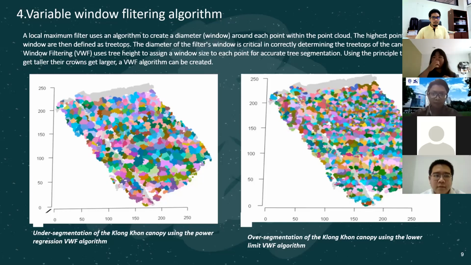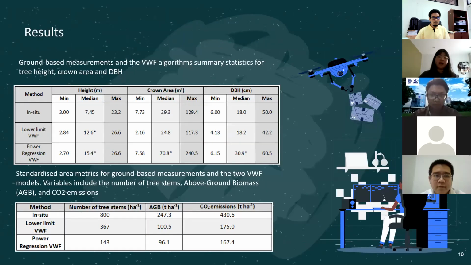In this method, the taller the tree, the bigger the canopy size. So we use these two algorithms to get the results and compare with the